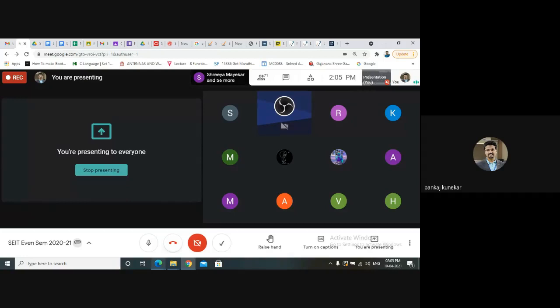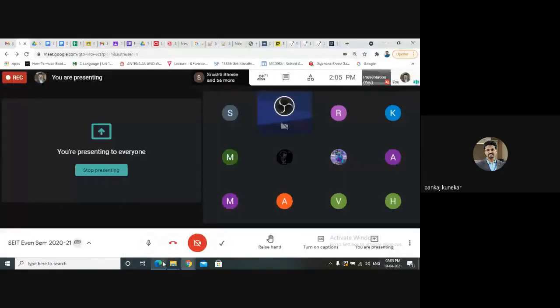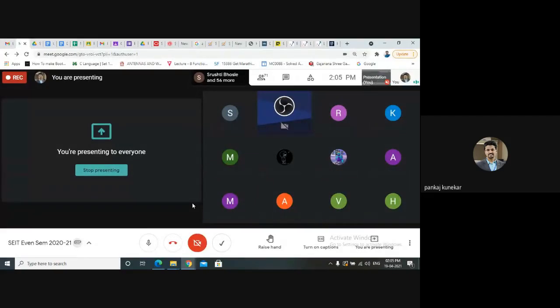So today's tutorial, we are focusing on data manipulation and analysis using pandas. This is also one more library in Python for different analysis and manipulation of your data set. It may be a CSV file or it may be your Excel file or anything.